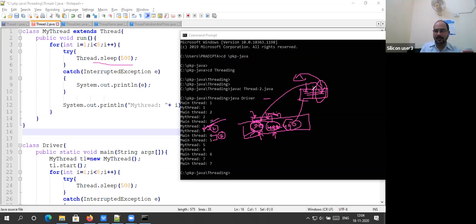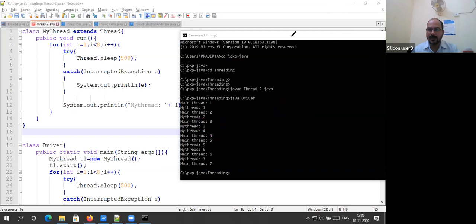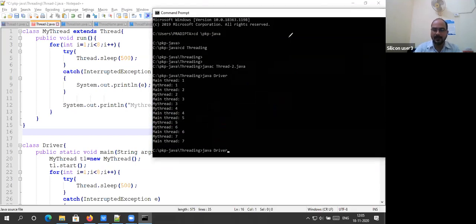It totally depends on the OS. That is the reason sometimes one thread may execute two instructions. If you execute it again, the same scenario may not occur. Let me show you. I am executing it again, and the scenario may be different.